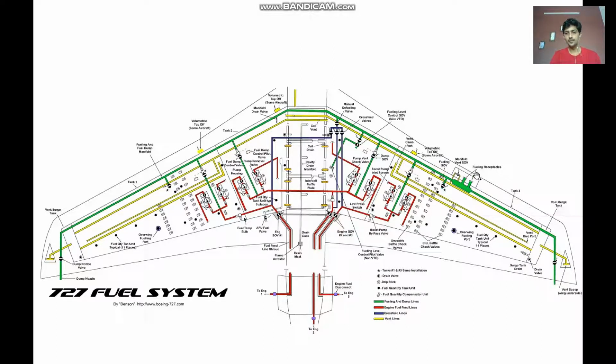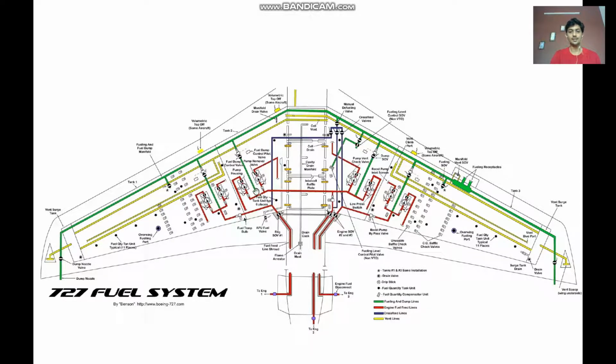So here, if you see, fueling receptacles are there, and also this green line is used to dump the fuel if there is an excess, or because of some reason if we don't want to carry the fuel further, then it can be dumped. So this is again a dumping line as well as a fueling line. Now from the tanks, the fuel will be supplied using this red color line, nothing but this is a feed